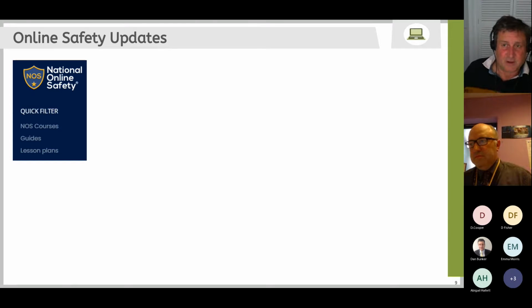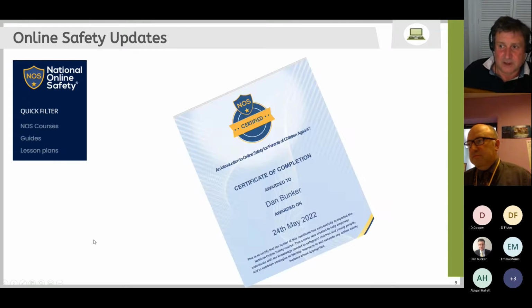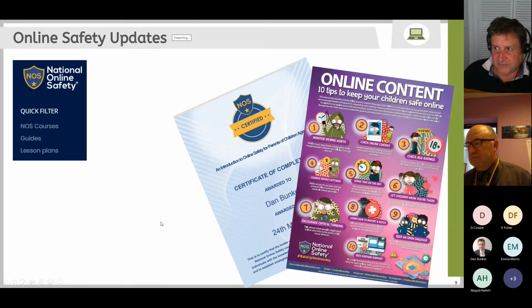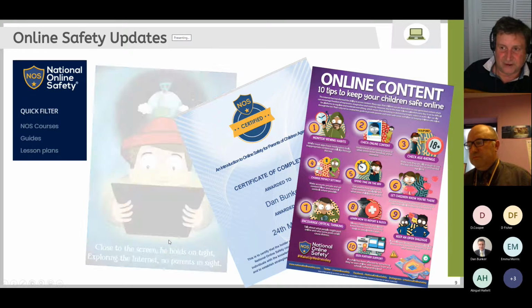You get plenty of stuff, but I think we're looking as a whole group at a group subscription. You can do all sorts of things there, little certificates. That one I managed to do myself. It can go on my wall next to my 25-meter swimming and my cycle proficiency. It's another little certificate that you can print out. There are lots of nice guides for parents as well, in a quite nice design, with tips about online content and keeping your children safe.